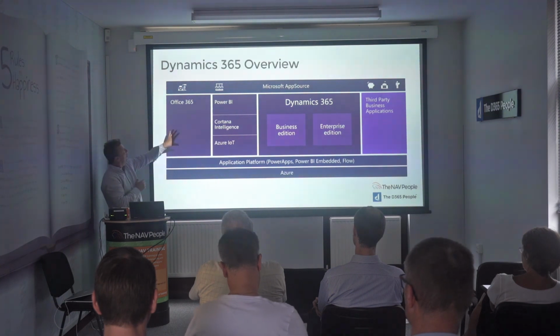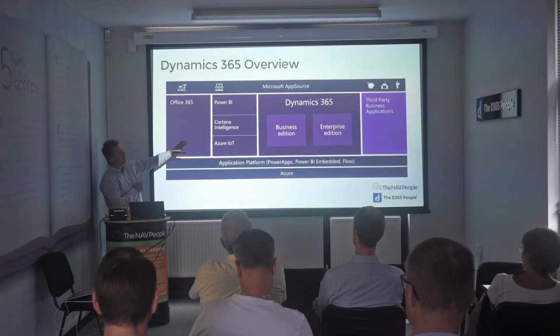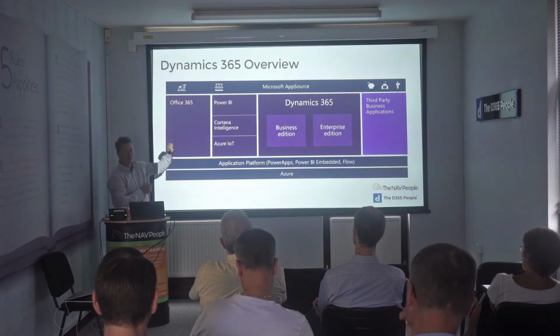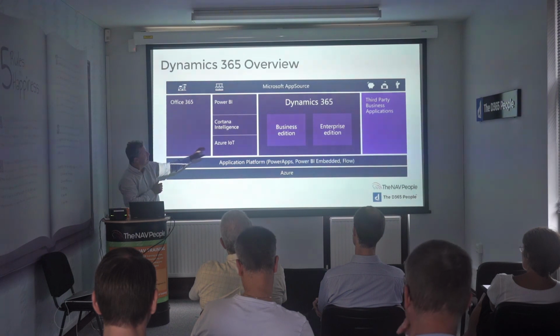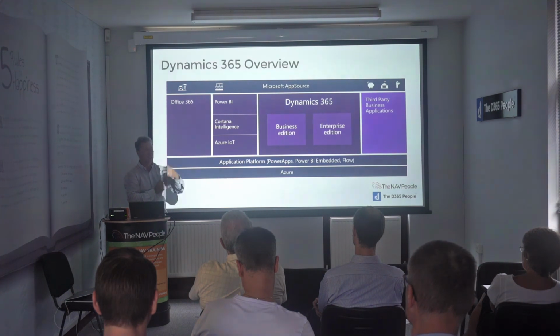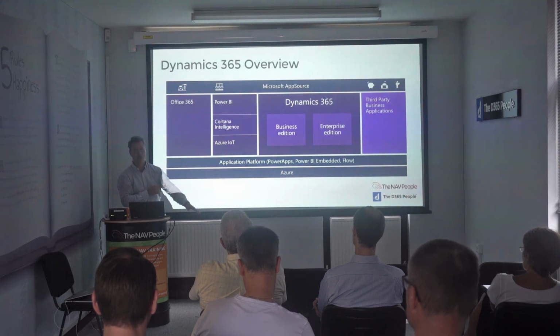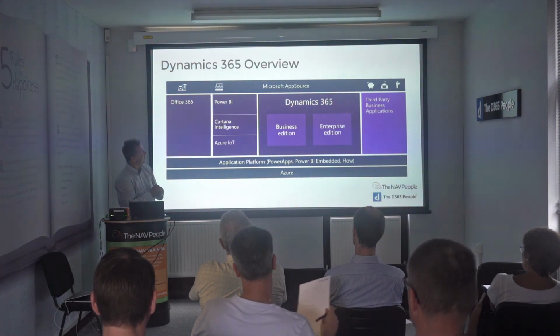As part of the overall thing, because we're IT people, we all know underneath this you have to have products. So the components are Office 365, Power BI, Cortana Intelligence, which is artificial intelligence, and the Azure Internet of Things. We haven't really seen that come much into our field of vision yet, but we expect that. This is certainly the beacons on products, for tracking, RFID chips, all that sort of stuff that's going to come in. Although that stuff's been around for a long time, the cost of it is coming down so low now that I think it is going to start happening in the next few years.